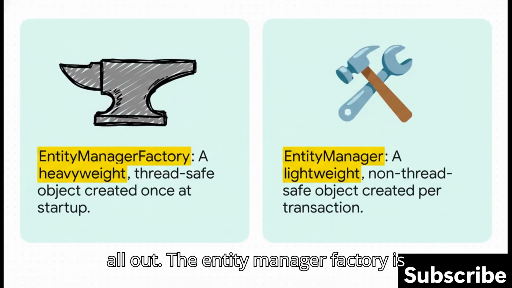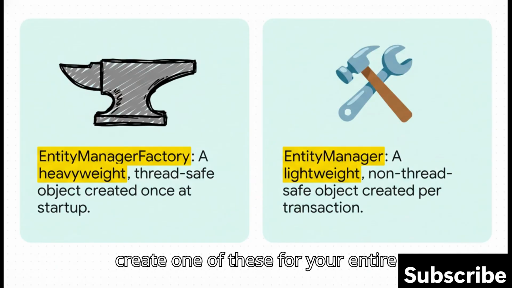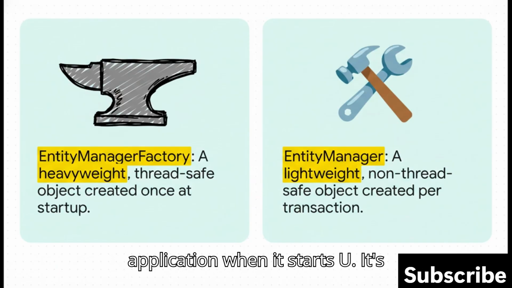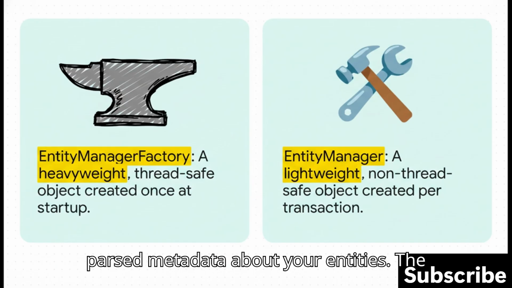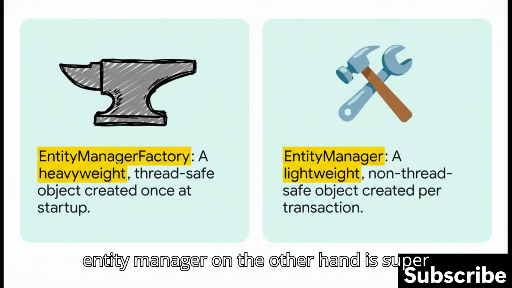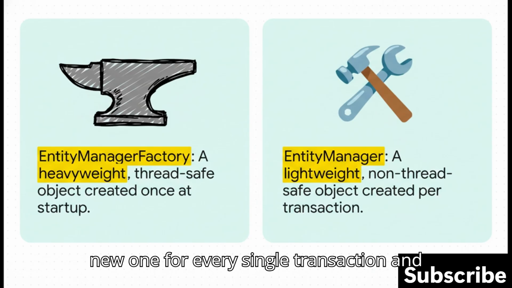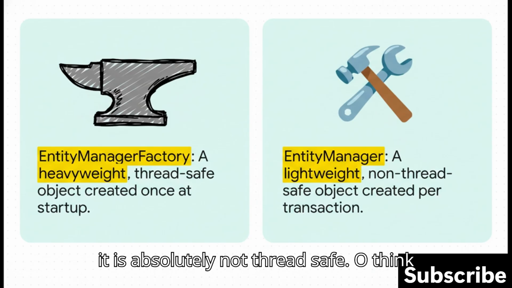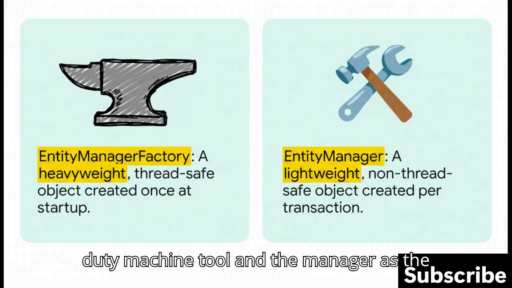The Entity Manager Factory is the big, heavyweight component. You only create one of these for your entire application when it starts up. It's totally thread-safe and holds all the parsed metadata about your entities. The Entity Manager, on the other hand, is super lightweight and cheap. You get a brand new one for every single transaction, and it is absolutely not thread-safe. So think of the factory as the permanent, heavy-duty machine tool, and the manager as the disposable blade you use